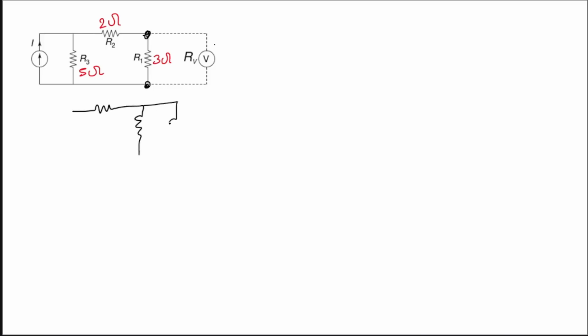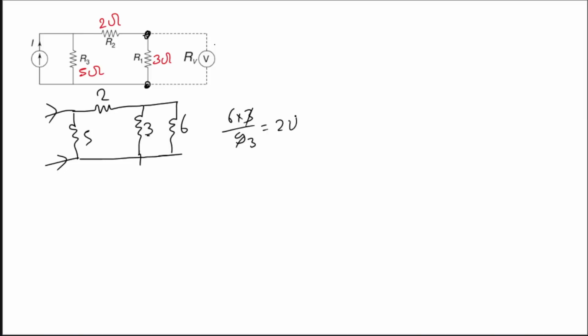Now circuit is like this. This is 6 kilo ohm, this is 3, this is 2, and this is how much? This is 5, and this is like this. And here there is a current branch, here there is a current branch. Okay? Now this 3 and 6 are in parallel, and 6 and 3 in parallel will give you how much? That will give you 2 ohm. So here kilo it is, so 2 unit, right?